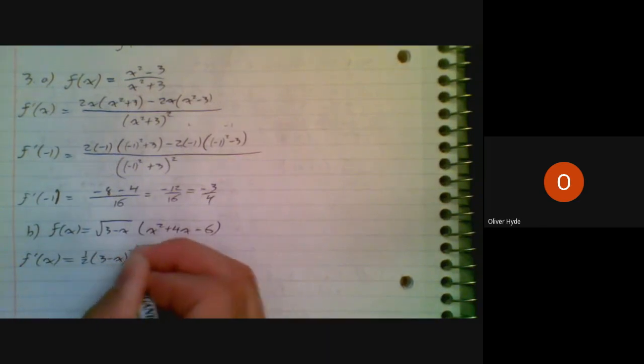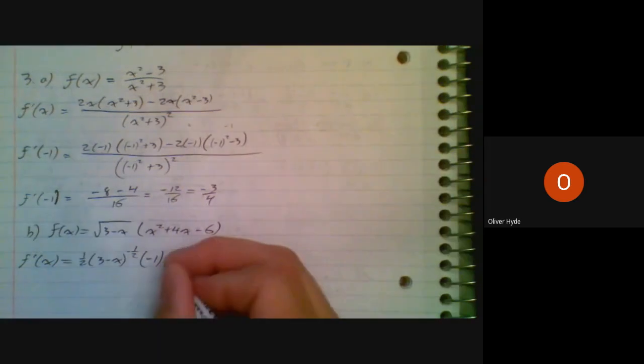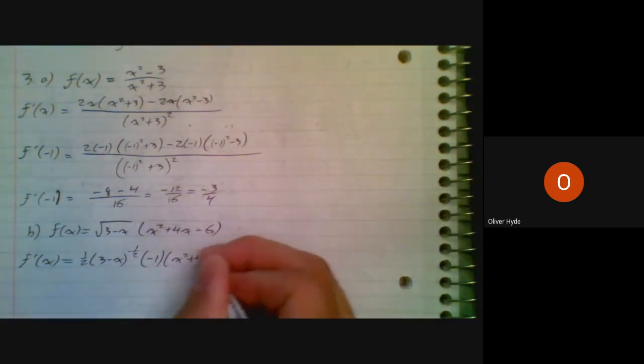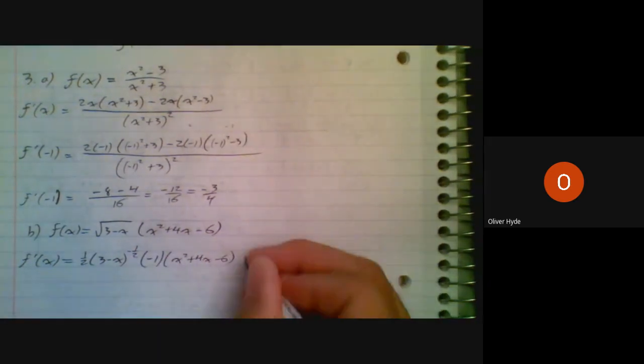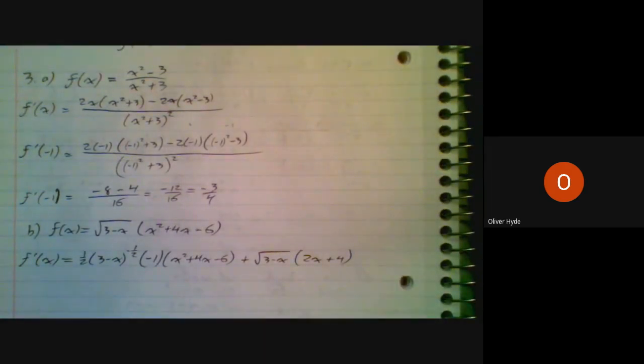Let's see, let's do the derivative of the outside here. 3 minus x to the exponent -1/2 multiplied by the derivative of the inside. I guess we have a bit of a chain rule here as well. Multiplied by the second. Plus, I'll do the first multiplied by the derivative of the second, derivative of a sum, like that. And we could go looking for common factors. We could reciprocate that. We could try to rationalize it,